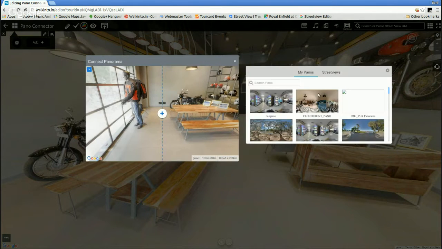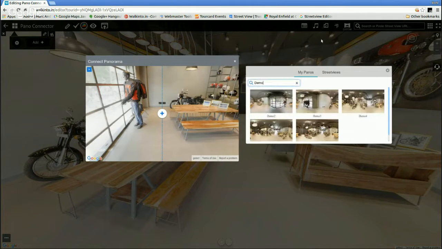When I click on the plus on my right, I get to choose the other custom panels that I have. The panel that I have opened up is automatically filtered out from this list. I know the panel I want to pick. I'm picking demo 2, and whichever I pick, I get an eye in the middle.